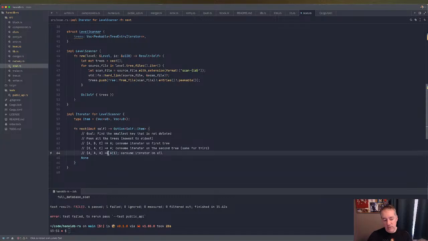And so we return that. If it's more like B, A, then we want to return A from 2, and then we consume iterator on 2 and 3, right? Now, we need to handle the possibility that